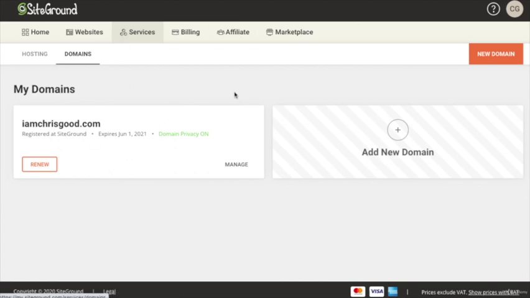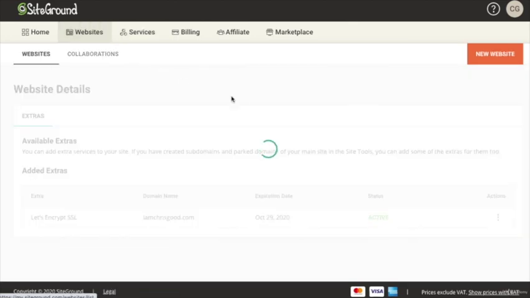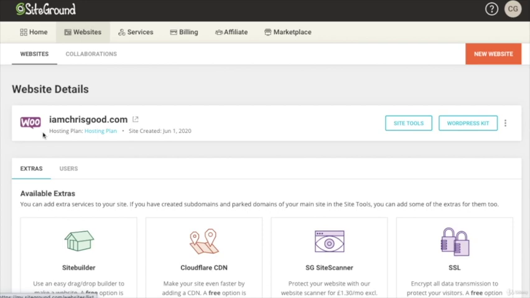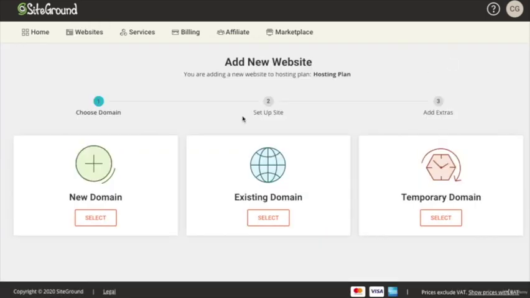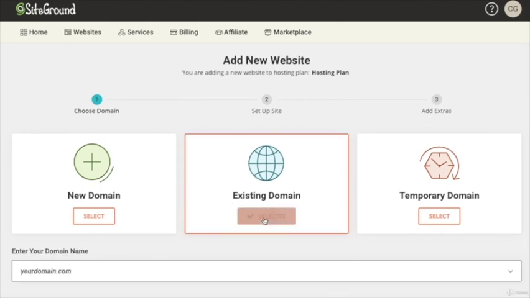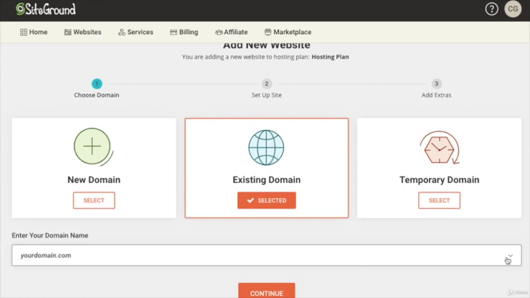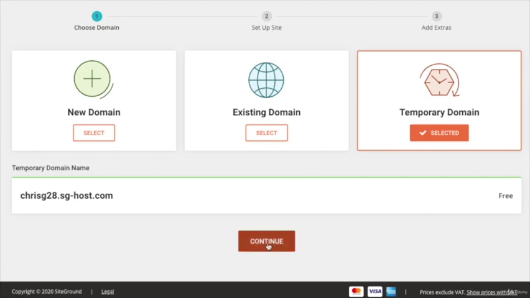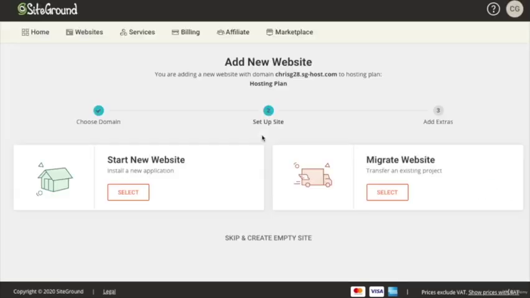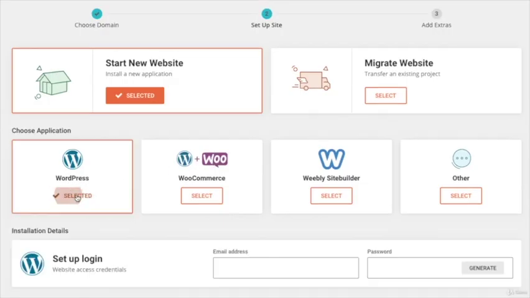What we would like to do, however, is go to websites, and add a website. So here I have one website on this account, and I can edit it with Site Tools. We would like to add a website, so let's do that. Now here you would actually select your own domain, so you can do existing domain, and then click the down arrow and select the one that you have. For the sake of this, I will have to go to temporary domain, but you click this one, and then we would like to start a new website. This will take minutes. Start a new website, and we would like to select WordPress,